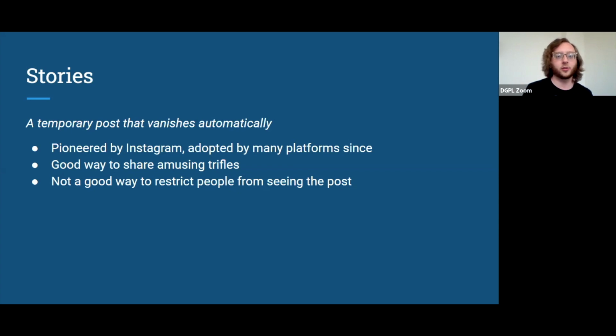I mentioned that other social media have adopted the story. You can create and view stories on Facebook, Snapchat, Instagram. There may be others. It seems to be a possible wave of the future, so we'll see.